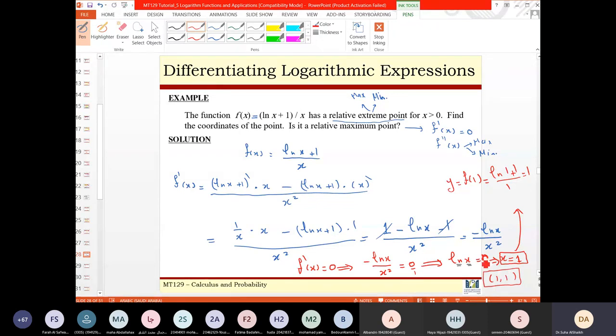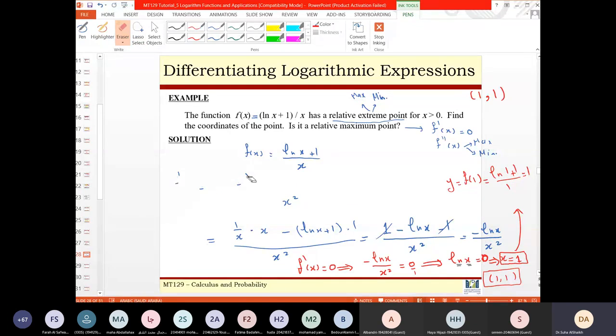The negative sign will be cancelled, Ahmed. After we divide by -1, it will cancel. We remain with ln x. So this is the point that may or may not be a maximum or minimum point. So we got the point 1 and 1. Okay, I have to erase this. I have to erase all of this,